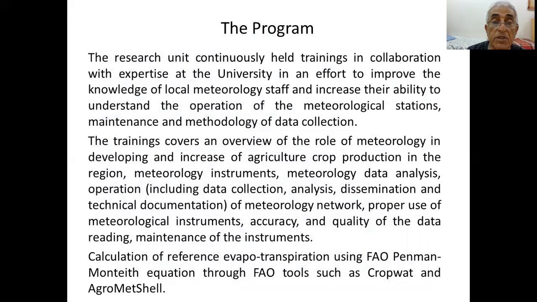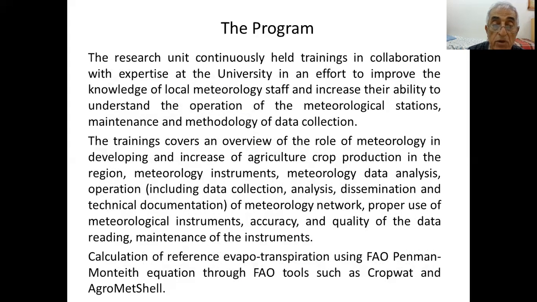The research unit continuously held trainings in collaboration with expertise at the university in an effort to improve the knowledge of local meteorology staff and increase their ability to understand the operation of the meteorological stations, maintenance, and methodology of data collection. The training covers an overview of the role of meteorology in developing an increase of agricultural crop production